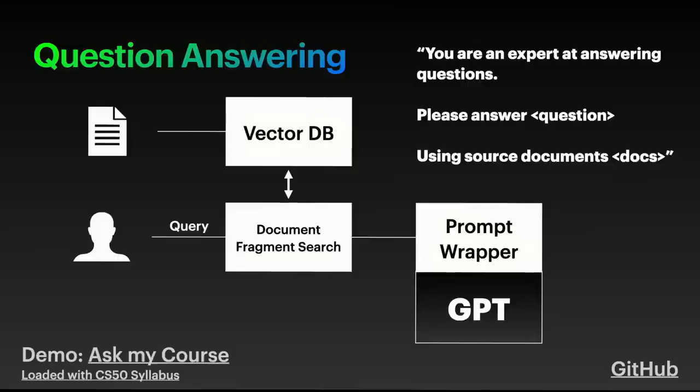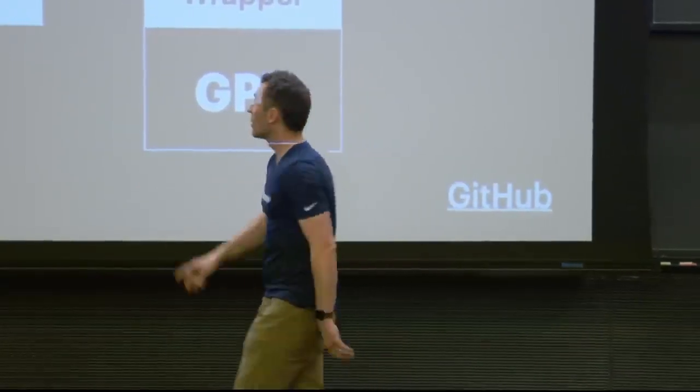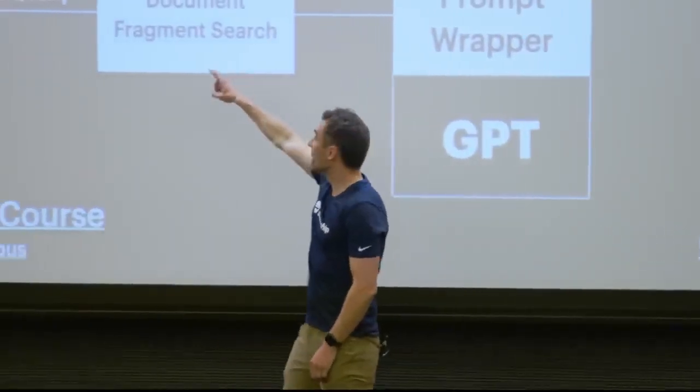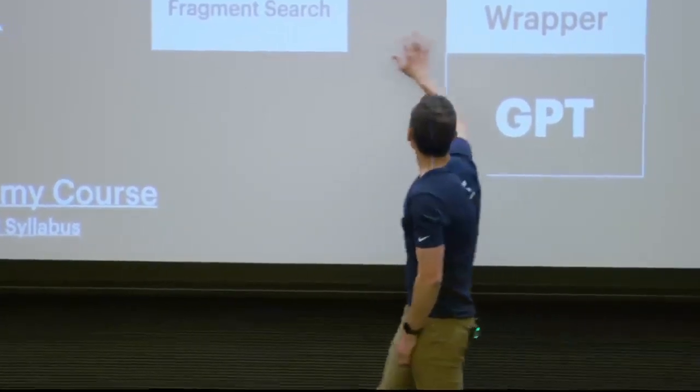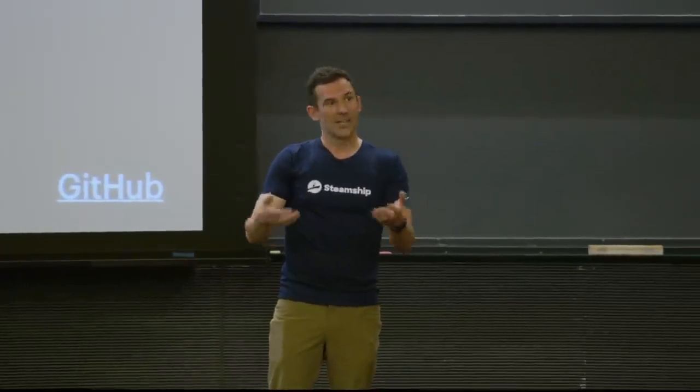But having that database, now when I ask a question, I can search the database. The question was, what does CS50 teach? What pieces of text in the database have vectors similar to the question? There are all sorts of tricks and empires being made on refinements of this general approach. But at the end, you, the developer, model it simply as thus. When you have your query, you embed it, you find the document fragments, and then you put them into a prompt. And now we're just back to the personality, the companionship bot. Now it's just a prompt.